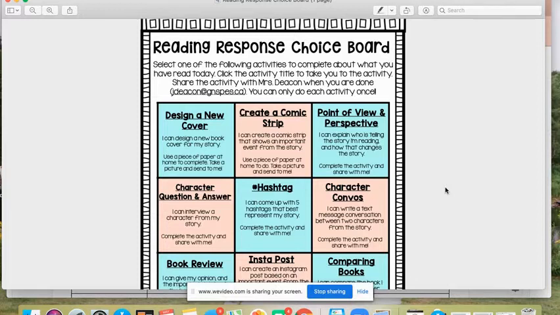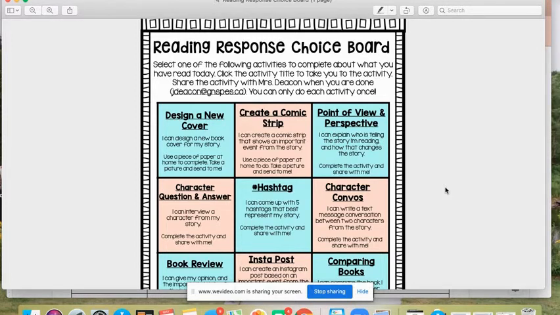I just want to share how you're going to be doing your reading responses. Each day that we do Reader's Workshop, I want you to read 20 minutes of a Just Right book. That might be on Epic, that might be another online book, that might be a PDF, meaning an online book that I put on your Google Classroom, or it might be a book that you already have at home